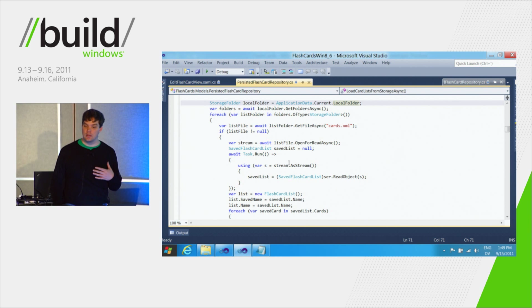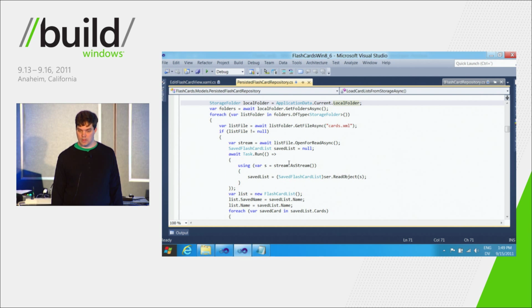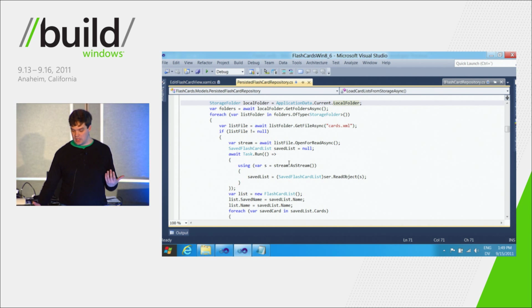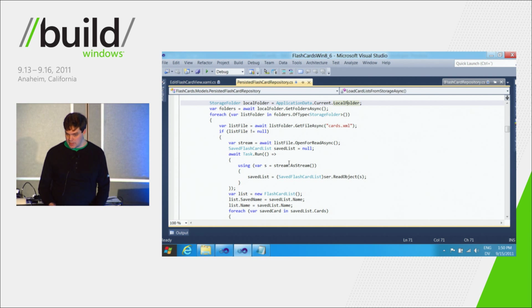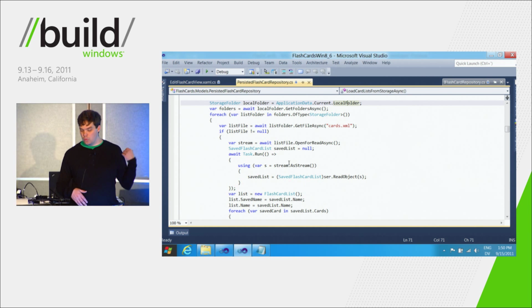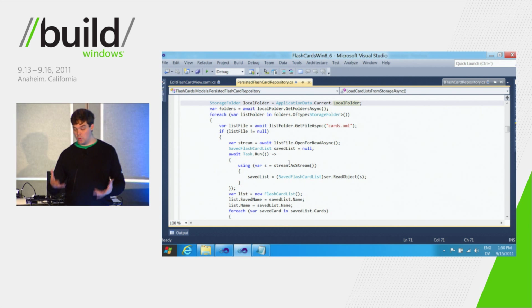Yeah? Portable one? What kind of a library is it? Is it an RT library, a custom RT library that gets created? So the question is, if you create a portable class library, is it WinRT or is it .NET? It's a .NET library. So it's a DLL that's created, and it's a .NET DLL. And it will work on Windows Metro style or the existing .NET platforms, depending on what you've chosen in the